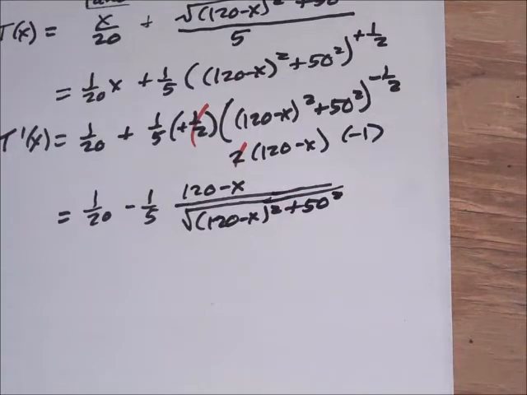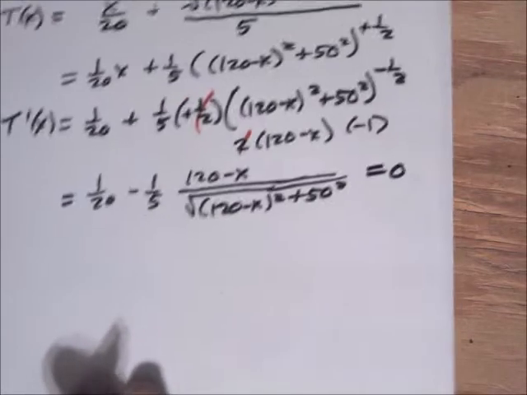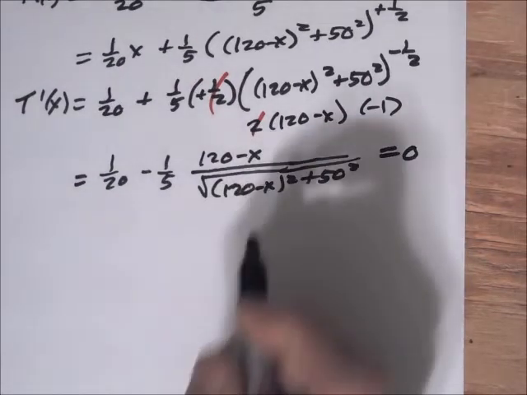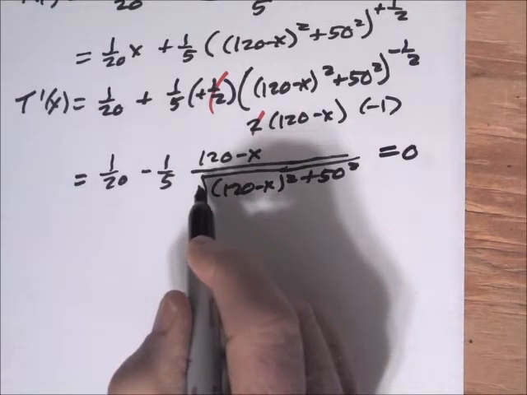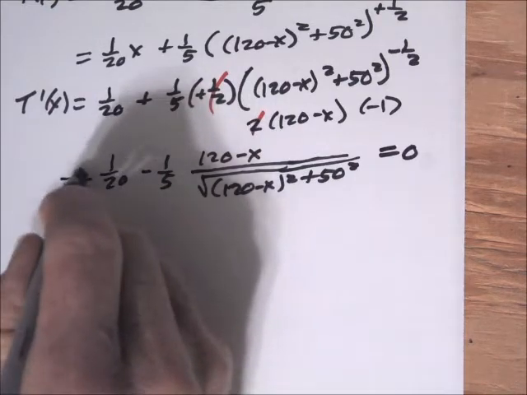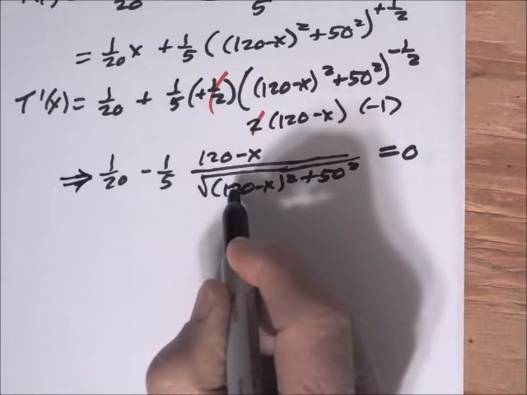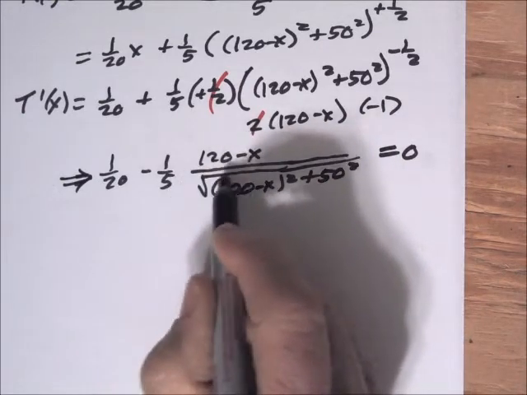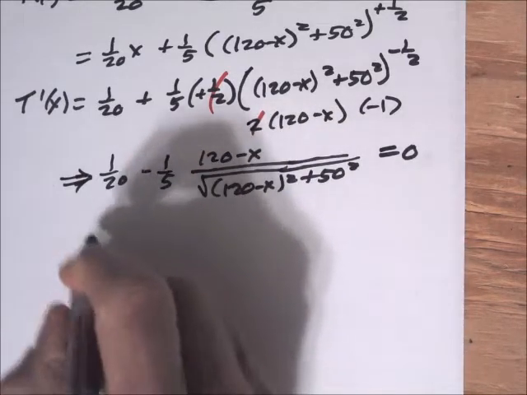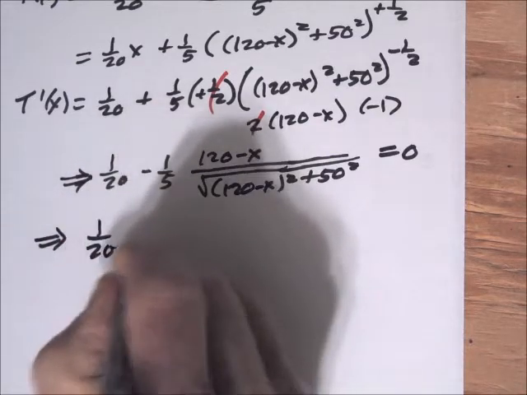And we want to set this equal to 0 to get the critical numbers. So we'll set that equal to 0, and so that means that we can add the 1/5, move one of these terms over to the other side. We have two terms here, so let's move one of them over to the other side of the equal sign. We'll have 1 over 20 is equal to 1/5